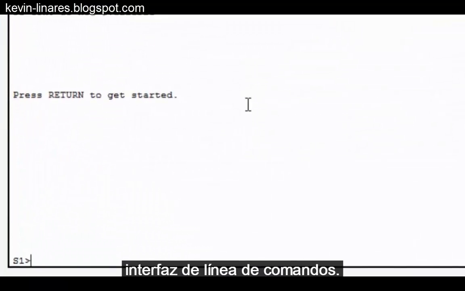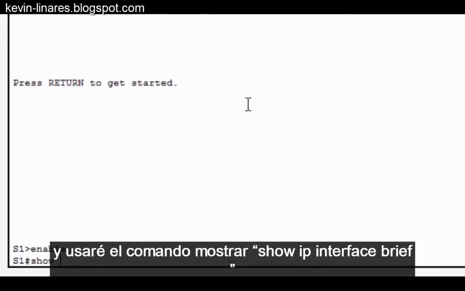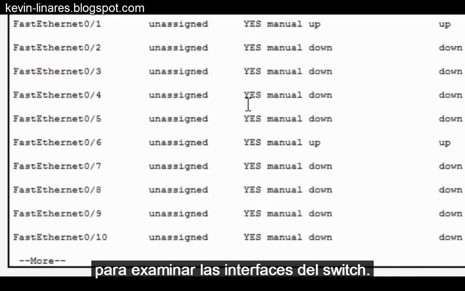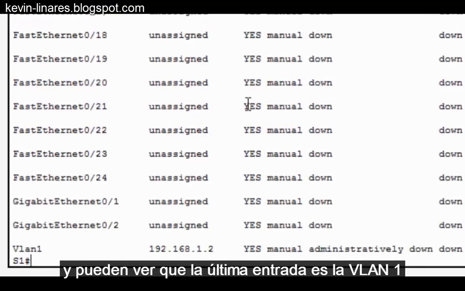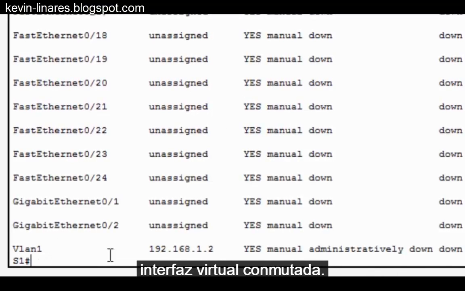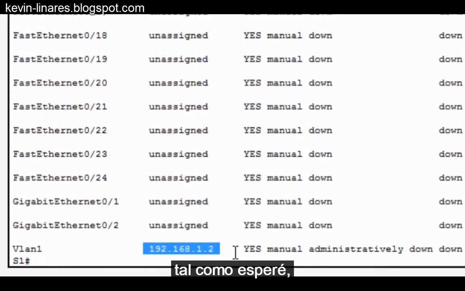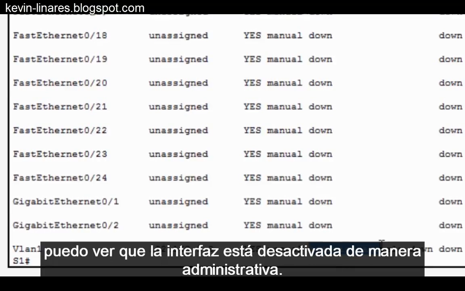connection command line interface. I'll type enable, and I'll use the show command, show IP interface brief, to examine the switch's interfaces. I'll have to use the space bar to page down through the interfaces, and you can see that the last entry is the VLAN 1 switched virtual interface. It's been assigned the IP address 192.168.1.2 as I expected, but if I look over at this column, I can see that the interface is administratively